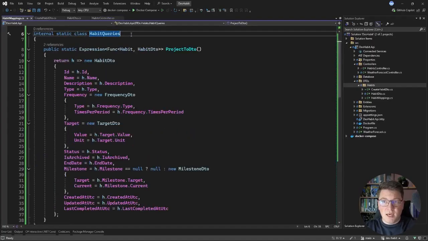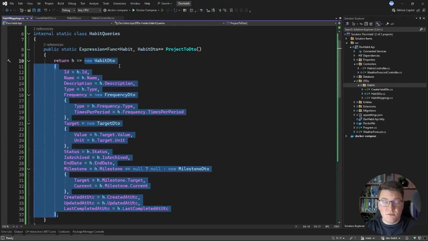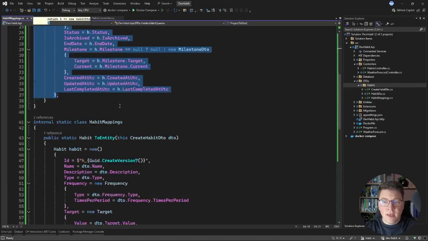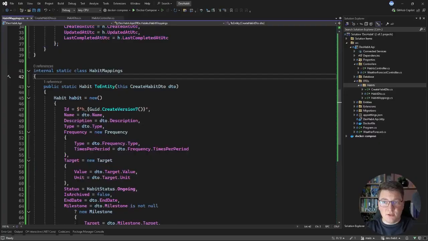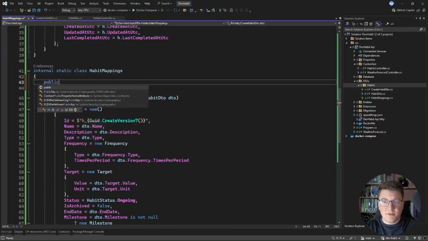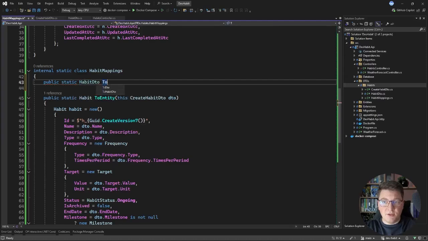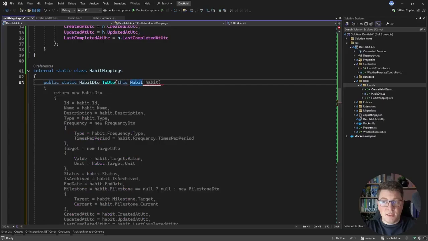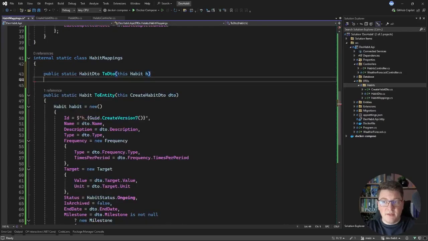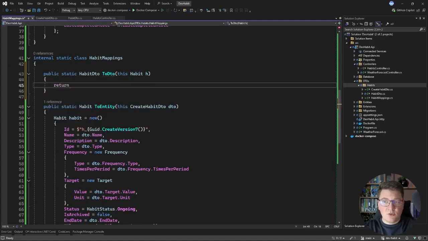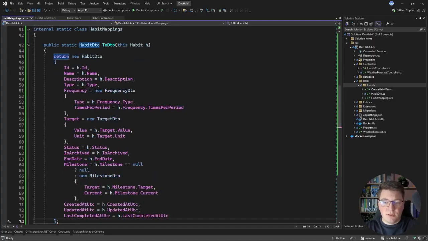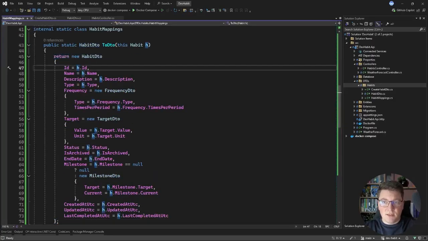Now back to the habit mappings. I want to reuse this piece of code for mapping from a habit into a DTO and define another extension method here. So in the habit mappings, I want an extension method that returns a habit DTO, and let's call it ToDTO. It's going to be an extension method on the habit type, and I'm just going to use h because this is what I was using in the expression here,